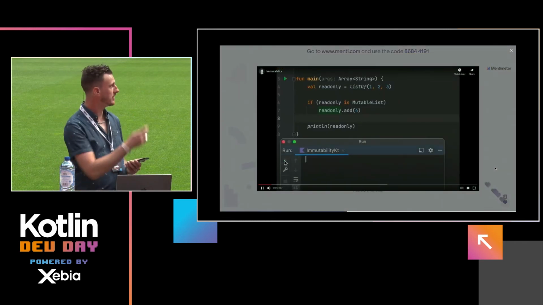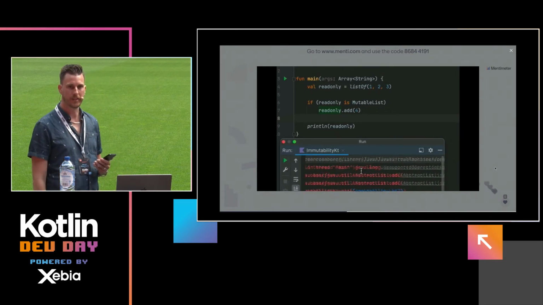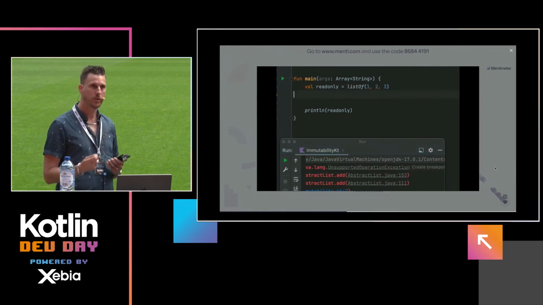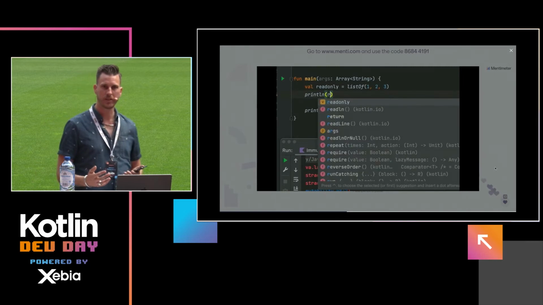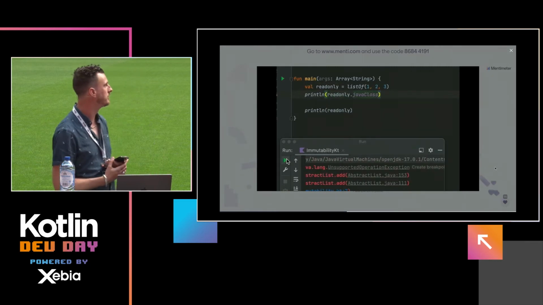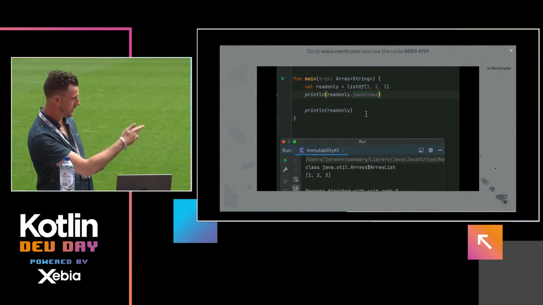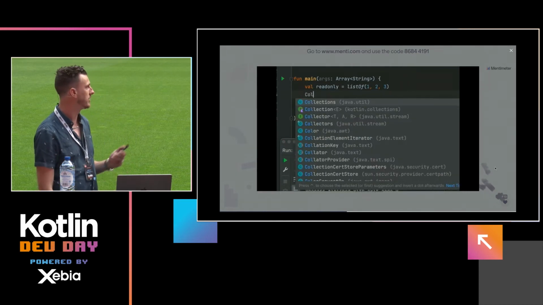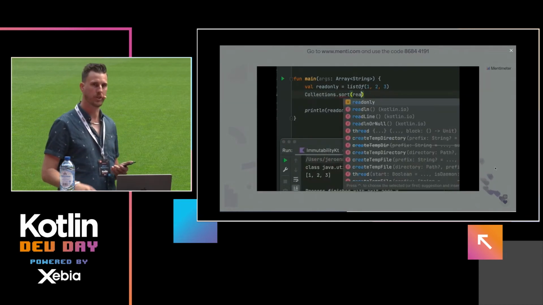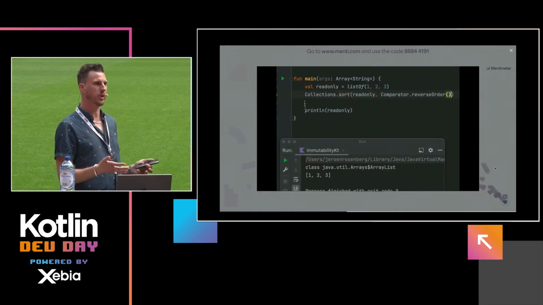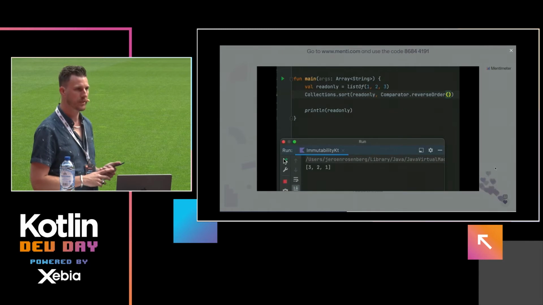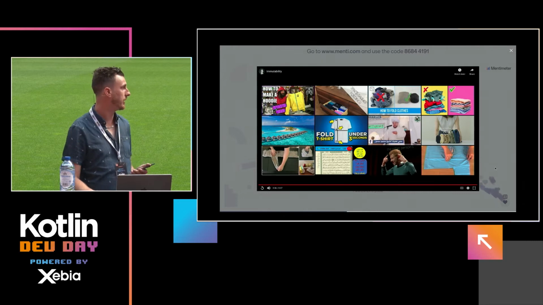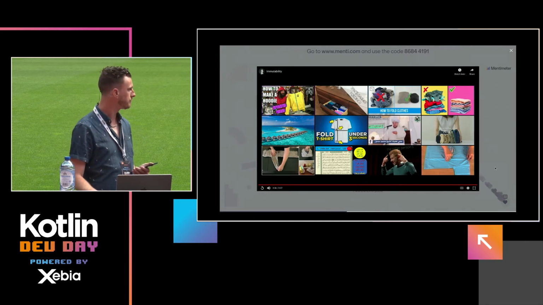Well, the funny thing is, as most of you might know, by default, when you create a list, you get a read-only collection in Kotlin. But that only protects you on the interface level. So under the hood, there's still our favorite Java mutable collection. There's an array list, as you can see here, which is mutable. So that's why the type check actually passes. And it tries to actually call the add operator. Because of the smart casting, the add operator suddenly becomes available on the read-only list. But then, of course, the add operation is not implemented for this abstract array list. So we get the exception.